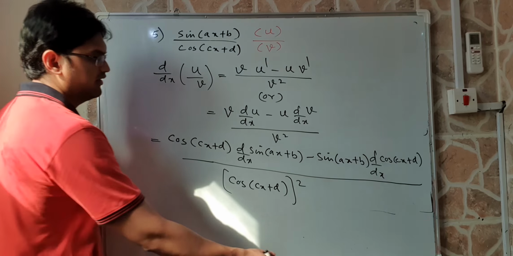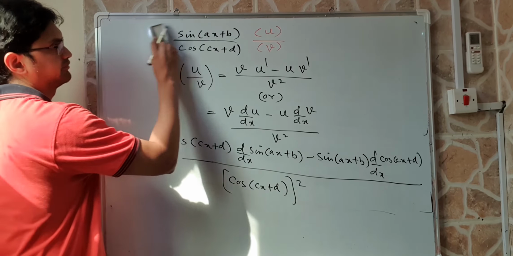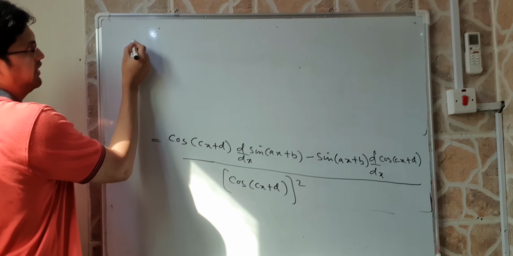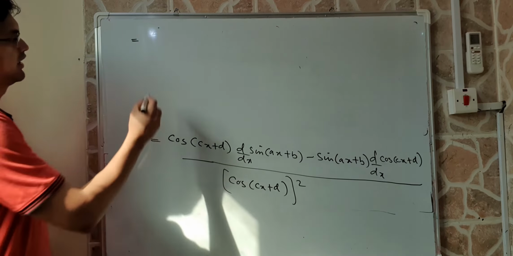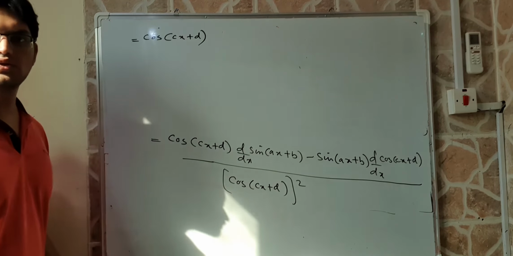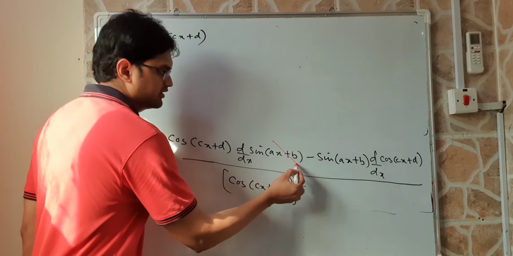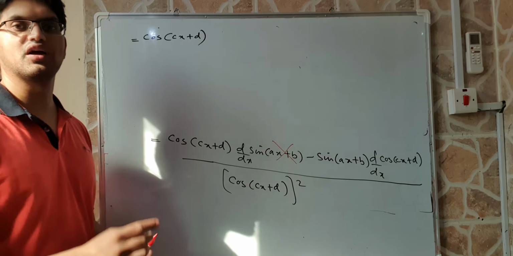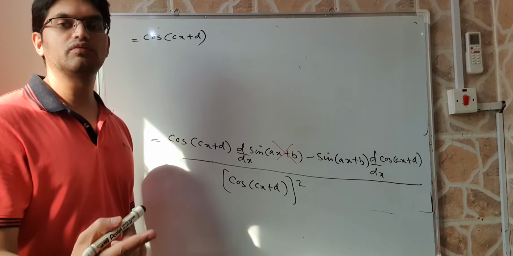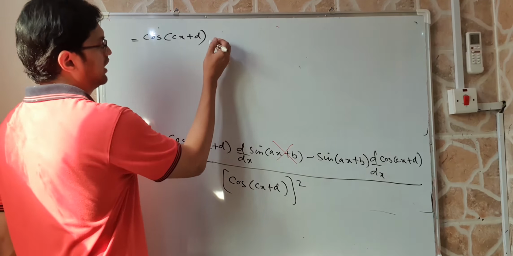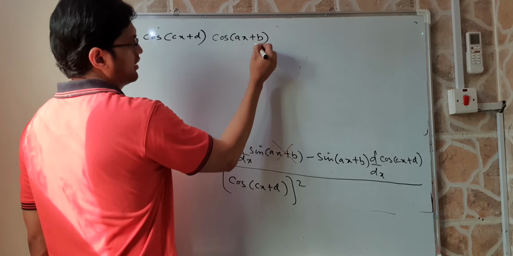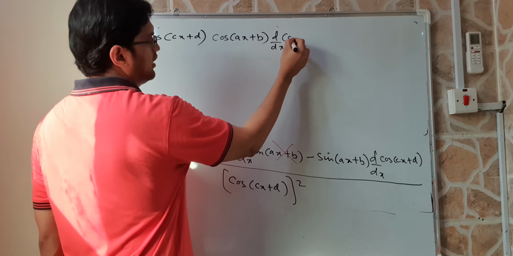So let us simplify further. What will we get? This is equal to cos of cx plus d. Again you check that it is something other than x, so we have to apply the chain rule here. So what is the derivative of sin x? The derivative of sin x is cos x. So I will be writing cos of ax plus b, derivative of ax plus b,